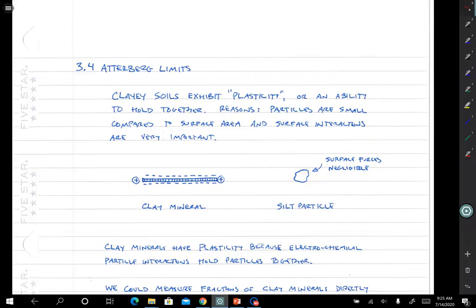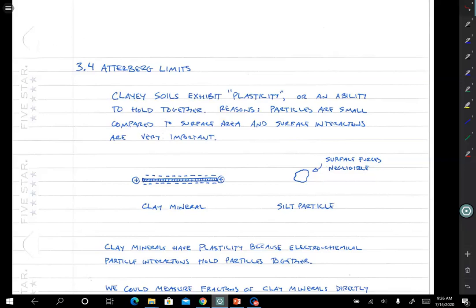There's a charge on the surface of a silt particle, or charges on the surface of clay minerals. For a silt particle or sand particle, those electrical charges don't really influence the behavior of the particle itself because the mass is so big relative to the surface area. So if you integrated all that charge, all that potential over the surface of the particle, it'd be very small compared with the mass. Whereas for a clay mineral, it's pretty big, right? So the clay minerals have these very strong electrochemical interactions that dictate their behavior,